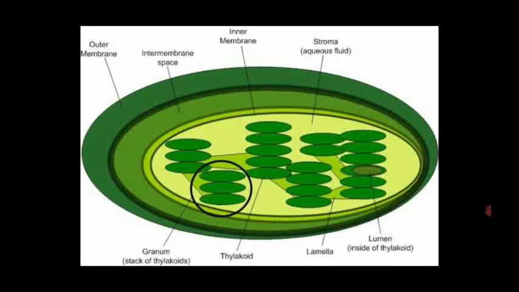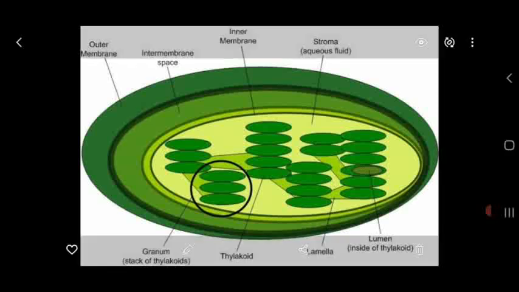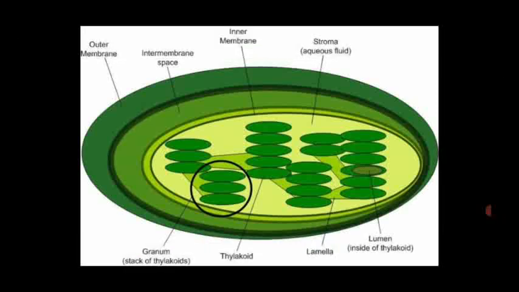See another diagram of the chloroplast. This is surrounded by an outer membrane and an inner membrane. The center region, which has the disc-shaped, coin-like structures, a stack of coins, is called thylakoids. These thylakoids have the photosynthetic pigments to carry out the photosynthesis process.